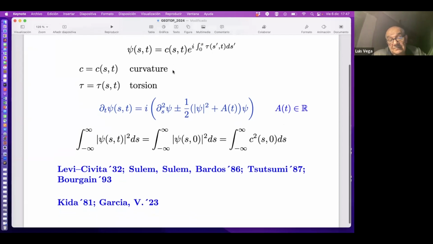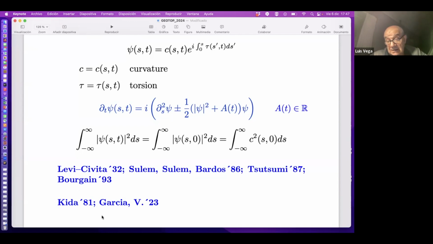In particular, when you use all these models, and this is a very nice paper by Kida in '81, you can characterize what are the so-called traveling wave solutions, and in fact, you can determine which are the ones that have no self-intersection. So the results I have mentioned had, a priori, as I said, somebody has to construct the solution of the binormal flow. Here is the result. Kida '81, for example.